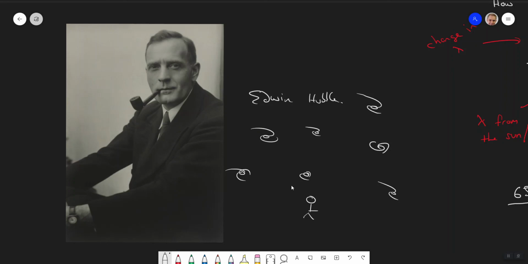He measured the speeds of all the galaxies that he could find at certain different distances. So he collected how far away they are, which he measured using the work of a woman called Henrietta Leavitt. He measured their distance, and he measured their speed. Are they coming towards you? Are they going away from you? What are they doing? And he found something really rather peculiar.